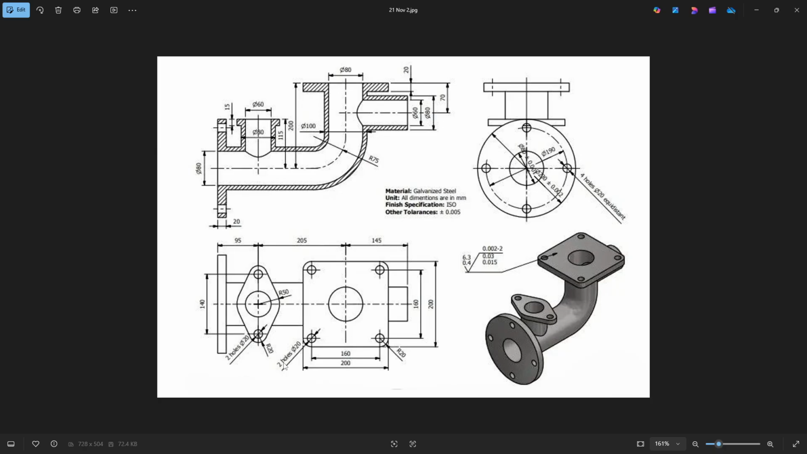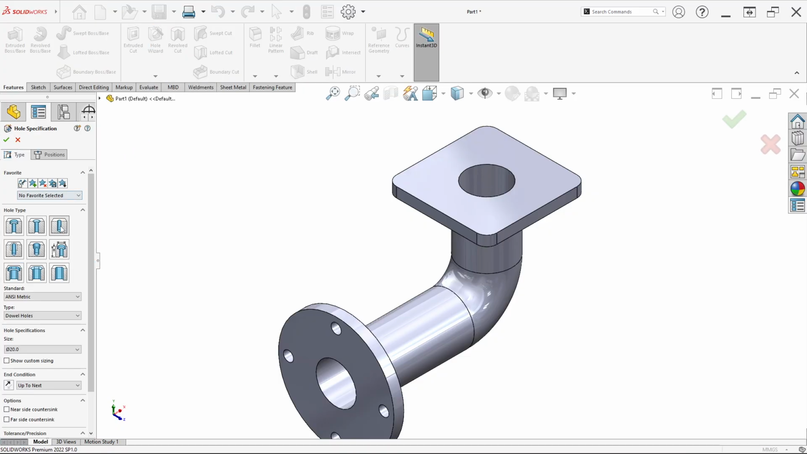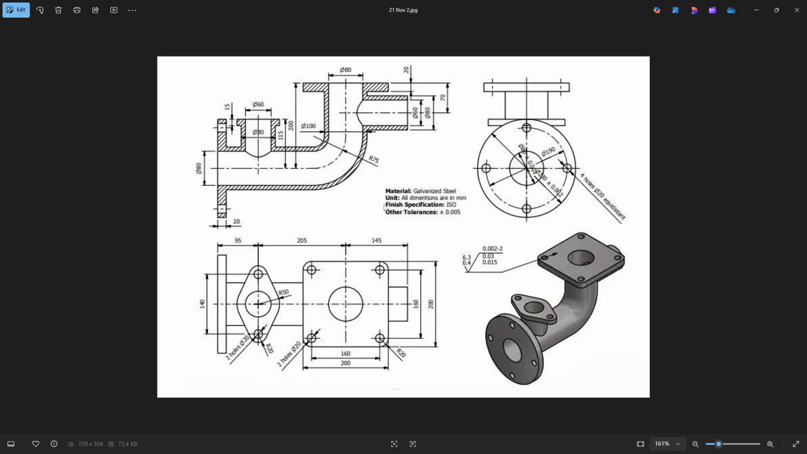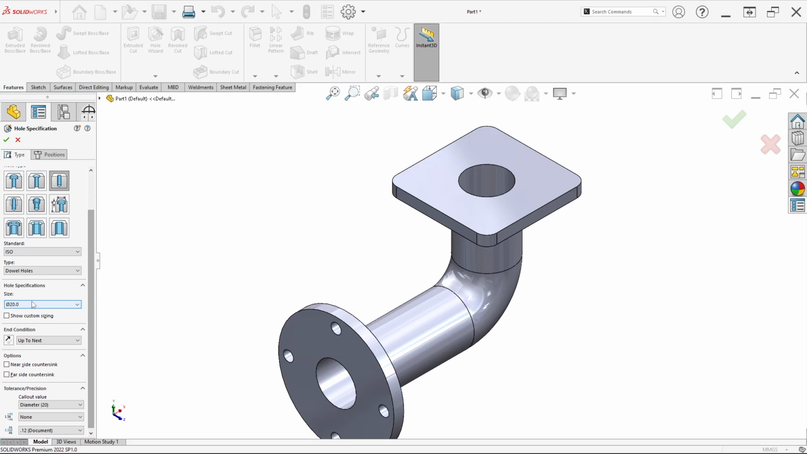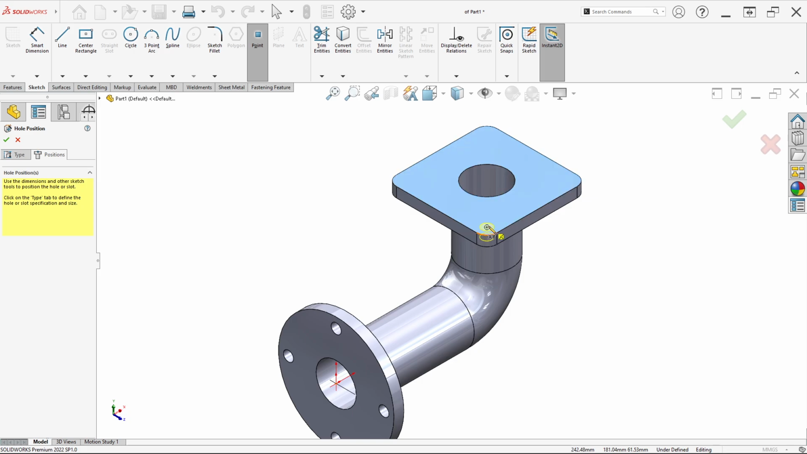Here for the hole. Sorry, it is incorrect. For the hole diameter it is 20. So we can make the hole here with the Hole Wizard feature. Click Hole Wizard. Here the hole type is simple hole. For standard, you can change to ISO because the finish specification here is ISO. For size type we can set drill size, for example, and size 20 millimeter. And ensure the condition is up to next, and for position click 3D sketch, this center,